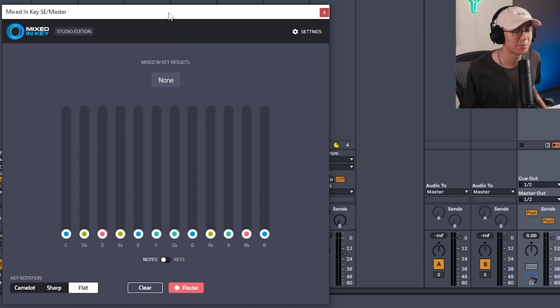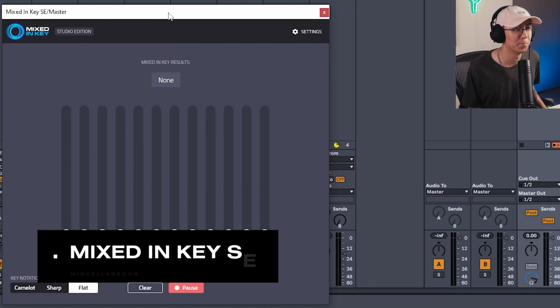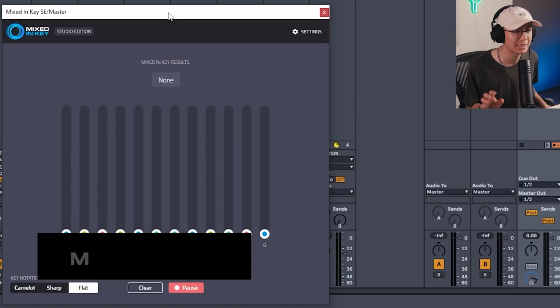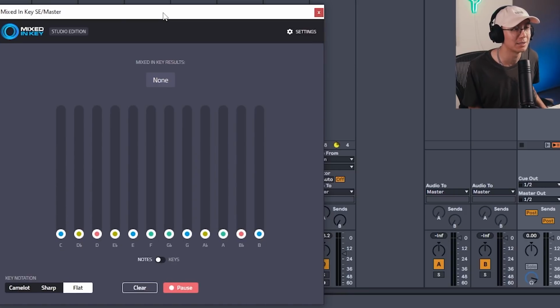And then the other one, which is a very useful tool, is Mixed In Key's Studio Edition. This is a great tool when you're working with a sample or you may be playing some notes, then you have no idea what key you're on. So this is a great way to detect your sample or your entire track to look for the key that the track is